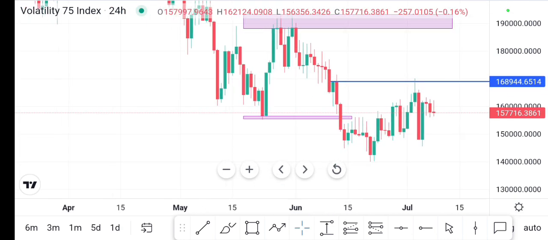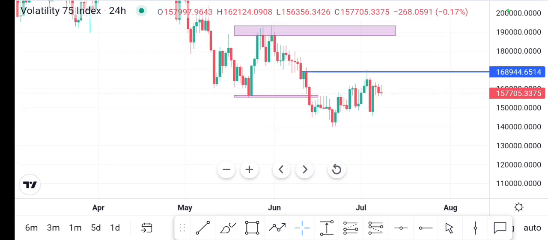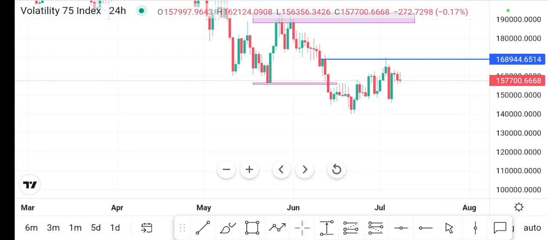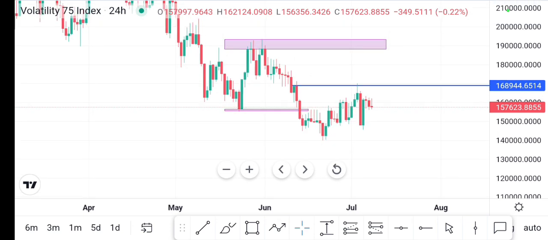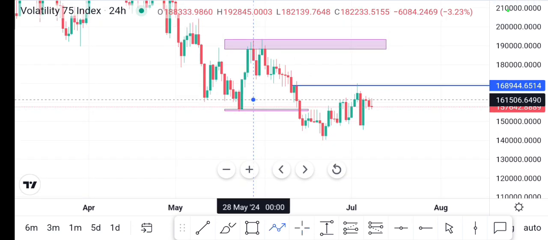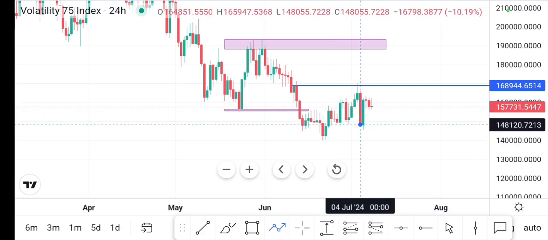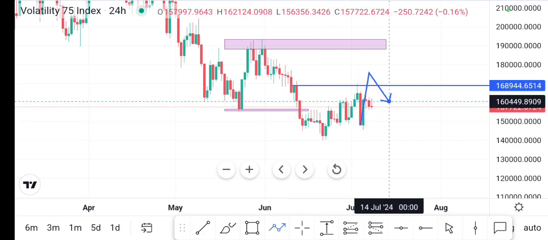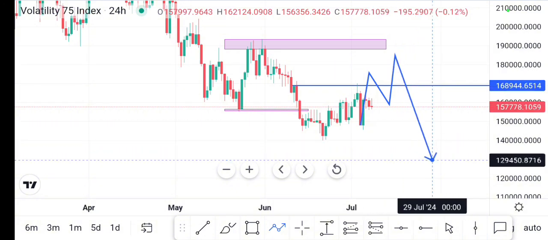Are you getting the point? So this was our area here. The market came very well, retested this area, and then we started moving down. After finding this, we are going down, and we see we have started breaking the structures, coming back to make a retest, and then continuing down. So there are some possibilities that the market can continue making the high here, make the high low, make the high here until it reaches here and then comes back down. All of those possibilities are there.